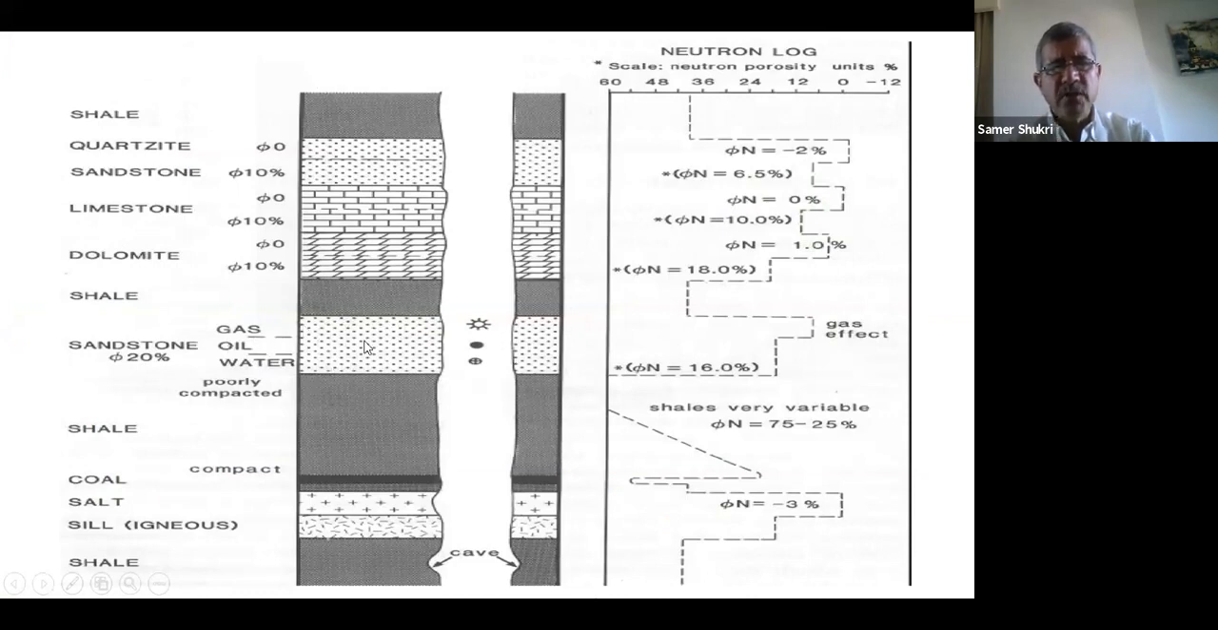How do you differentiate it? By the neutron. You see the neutron here, gas effect, this one. It gives more neutron porosity units. And here for water and oil, it is less. And so,